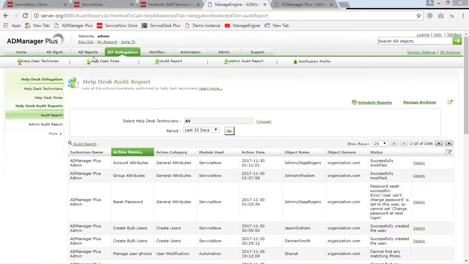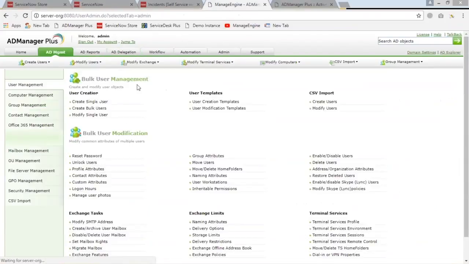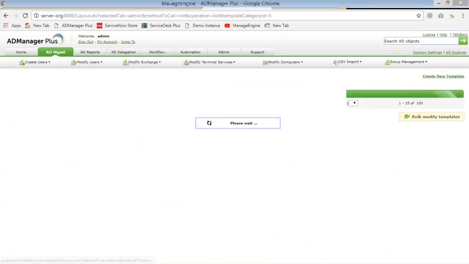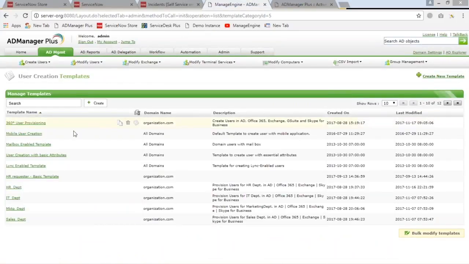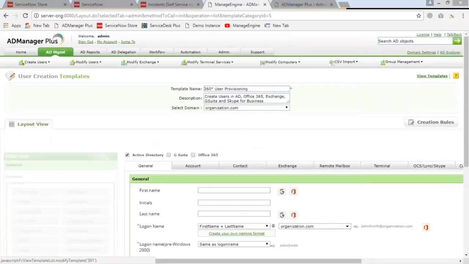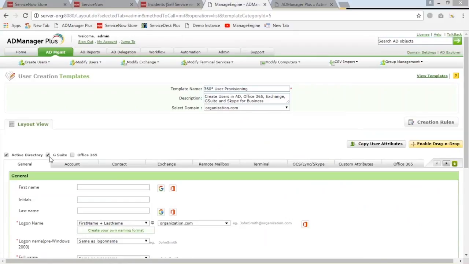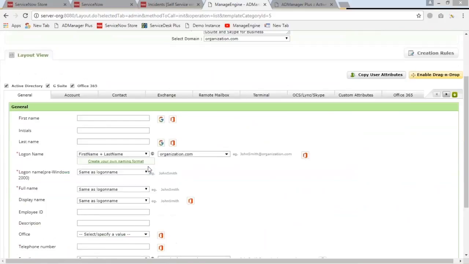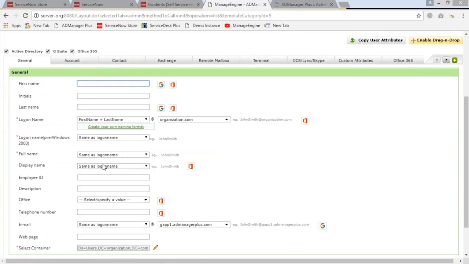The module where we are talking about user provisioning, where it happens through the 360-degree way, which is the user creation template. Stands for the question, Johnny. So we're talking about user creation templates once more. So 360-degree user provisioning is going to be possible by easily enabling the Google Apps and Office 365 integration. These are straightforward integrations that are straight out of the box, and that is going to work based on the simple inputs that you give in this console, and it's going to transcend to Google Apps and Office 365 as well. So here we are able to see there are certain fields, and